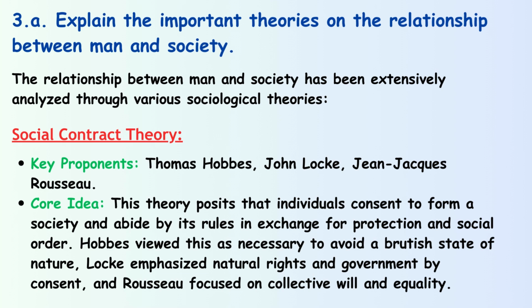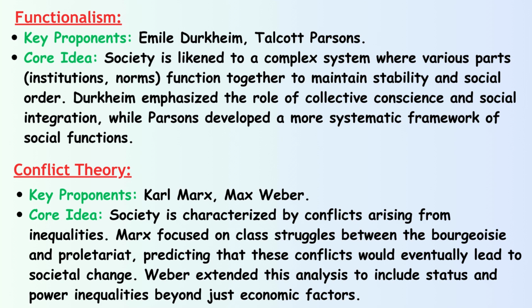Hobbes viewed this as necessary to avoid a brutish state of nature. Locke emphasized natural rights and government by consent, and Rousseau focused on collective will and equality. The next is functionalism. Key proponents are Emile Durkheim and Talcott Parsons. Core idea: society is likened to a complex system where various parts, institutions, and norms function together to maintain stability and social order. Durkheim emphasized the role of collective conscience and social integration, while Parsons developed a more systematic framework